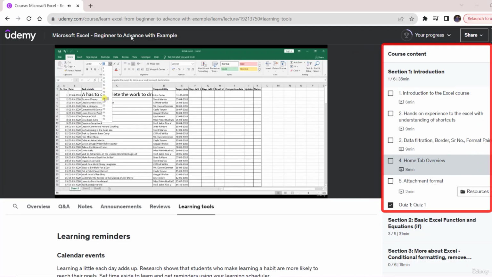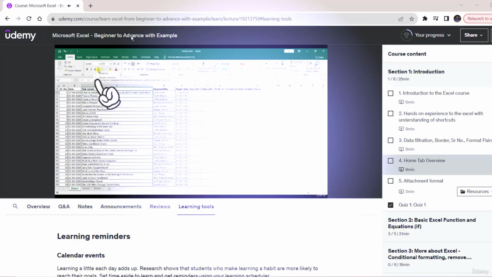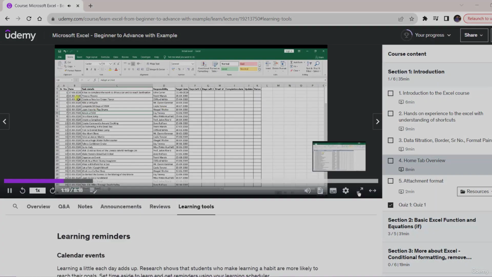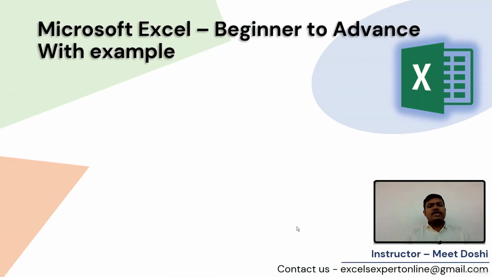So first of all, in the introduction part, I have created basic content about how Excel works and hands-on experience with Excel, then different kinds of data filtration, border, format painter, what the home tab is, and what the attachment is. This kind of basic Excel function one must learn and understand. So I have captured this in the first section, and then after that you will move towards the basic Excel